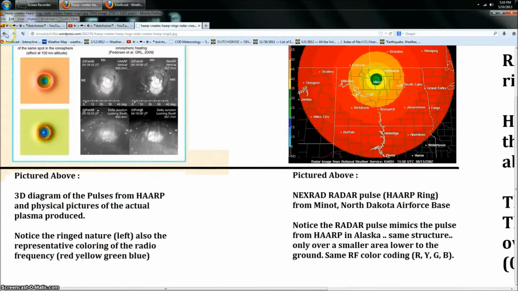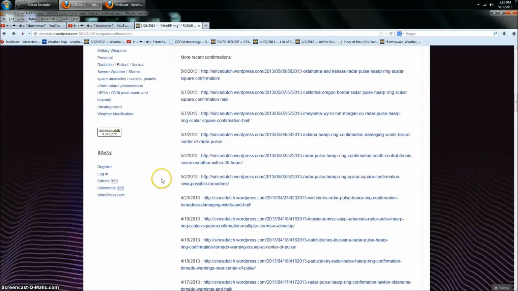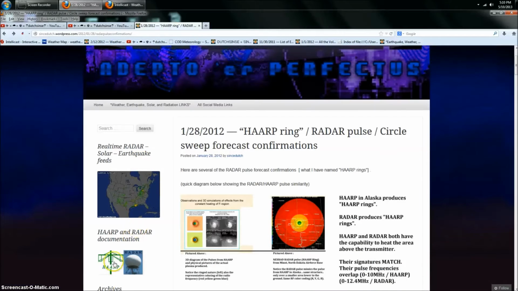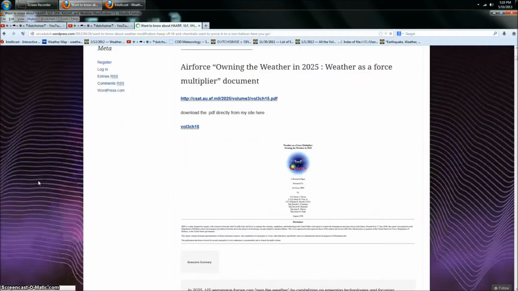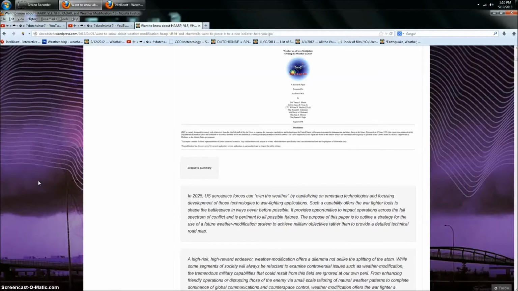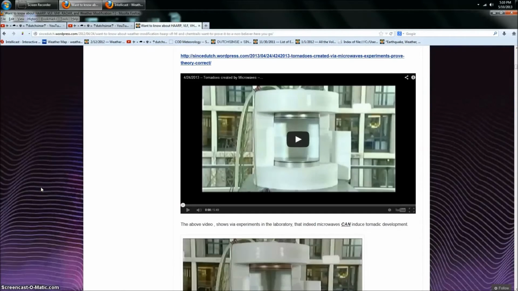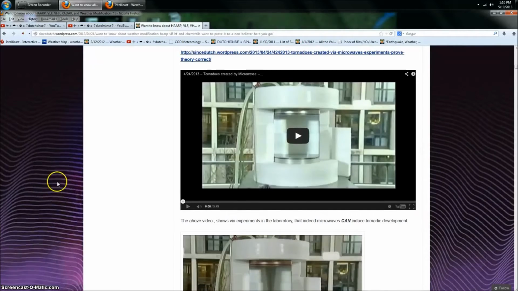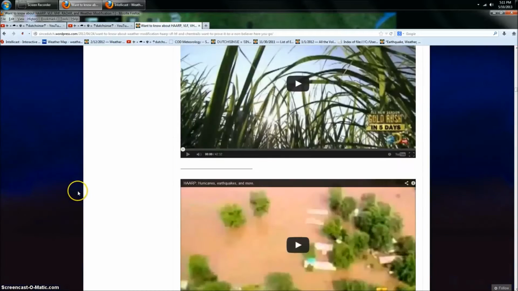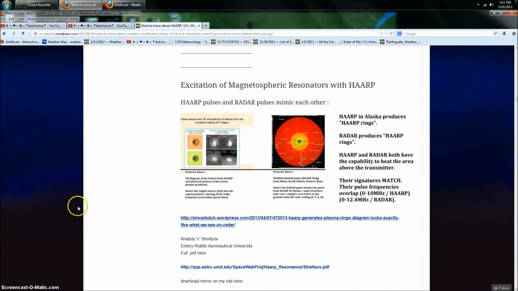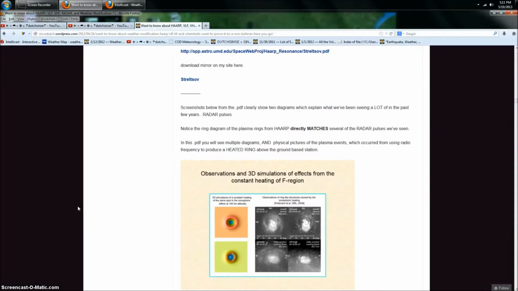And it's my contention, not just my contention, but it's actual theory at this point, that there's ionization that's happening at a distance from the ground-based receiver. Whether it's a natural effect, whether it's man-made, we're still trying to figure that out. It could be a natural modulation that causes the ionization to happen from a ground-based station over 750,000 watts, let's say. We don't know yet because the studies haven't been done from the ground-based radar angle. NEXRAD WSR-88 has not been researched enough to find out whether or not it's producing its own plasma.